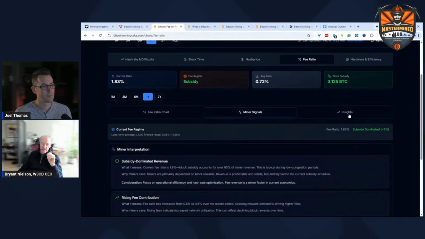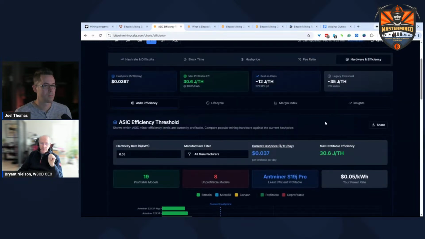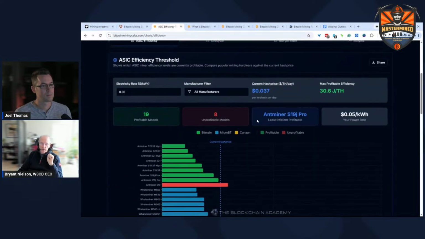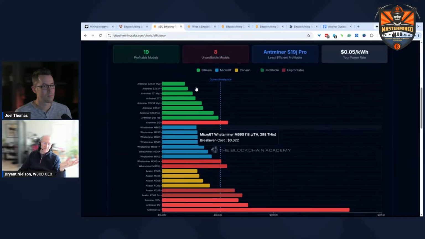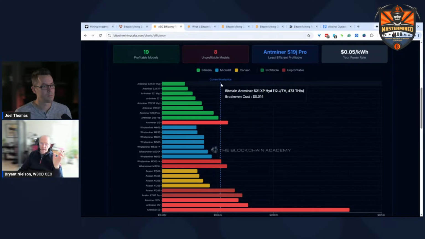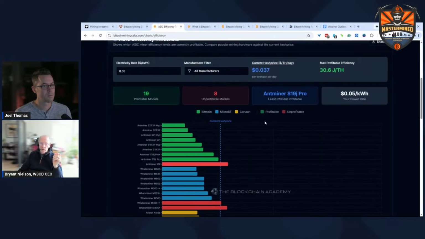Mining signals, of course, and insights. And then last but not least is hardware efficiency. This is the ability to look at your miners from a profitability standpoint. I think I have 35 of the miners that are out there. At what point, given the current hash price, are they viable and profitable? And of course, they're broken down by at least the three major manufacturers. I haven't put in more than that, but that's what we're looking at: the three major